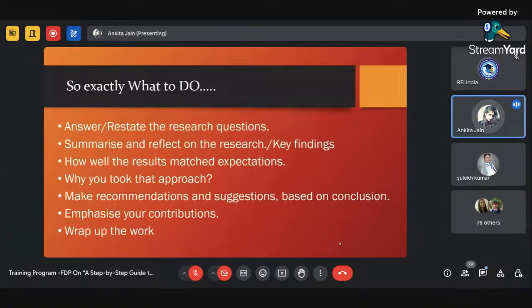So exactly what to do? Answer or restate the research questions first. Number two, summarize and reflect on the research, the key findings. How do the results match your expectations? Ultimately, the conclusion should also focus on this. What was your expectation and what were your results? Are your results matching your expectations? Then why you took that approach. Whatever approach you have taken, you can also mention why in a line or so. Then again, as I have told you, you should always mention